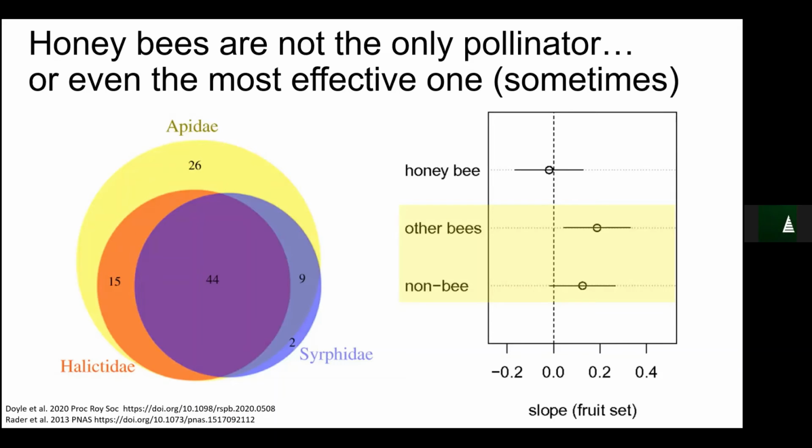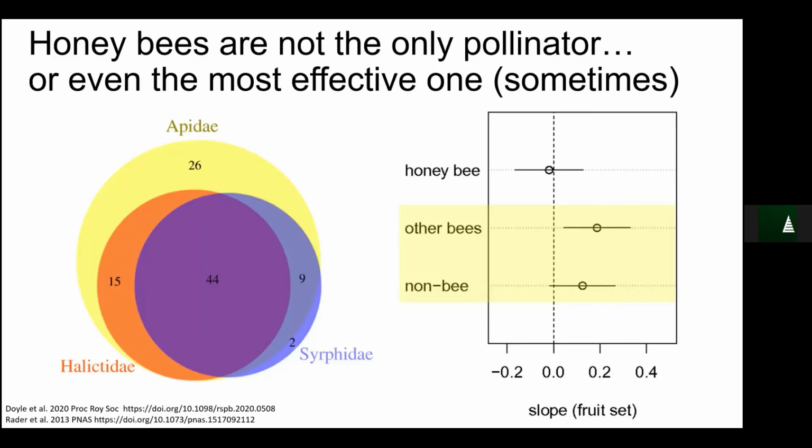So Apidae, that would be your honeybees, your bumblebees. Halictidae is sweat bees, which are little solitary ground nesting bees. And then the Syrphidae are actually pollinating flies. They're hoverflies, or flower flies is a term you'll sometimes hear. And you'll notice the vast majority of plants, at least in this study, where they looked at economically important plants, the vast majority of plants that can be pollinated by honeybees can be pollinated by a bunch of other stuff. And all of these other species, they're free. They live in nature. You don't have to feed them. You don't have to look after them. They're just there if you take care of business, right? The figure on the right is an interesting piece of work. It's a meta-analysis that lumped together